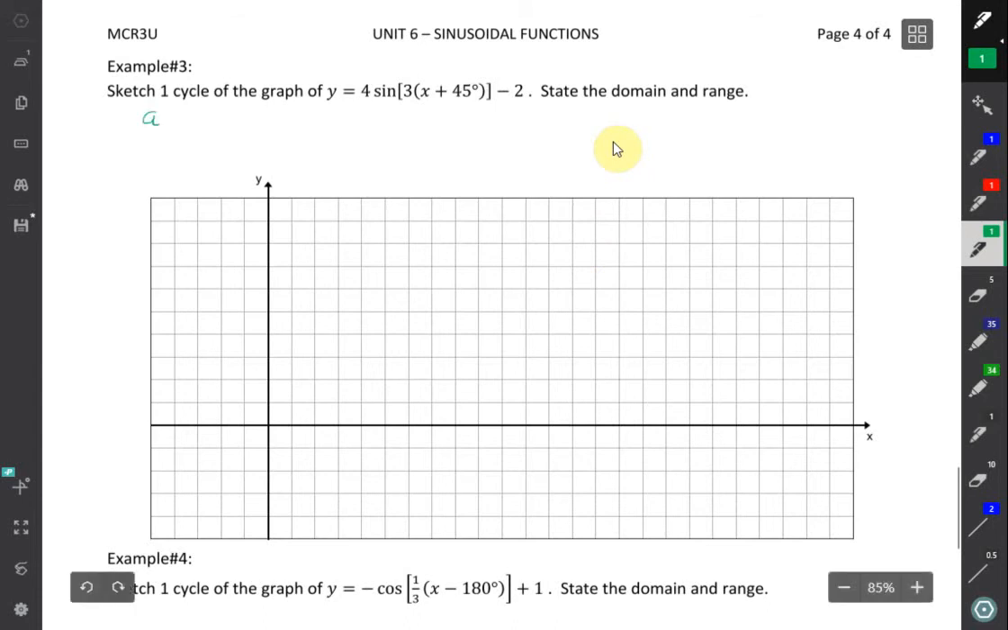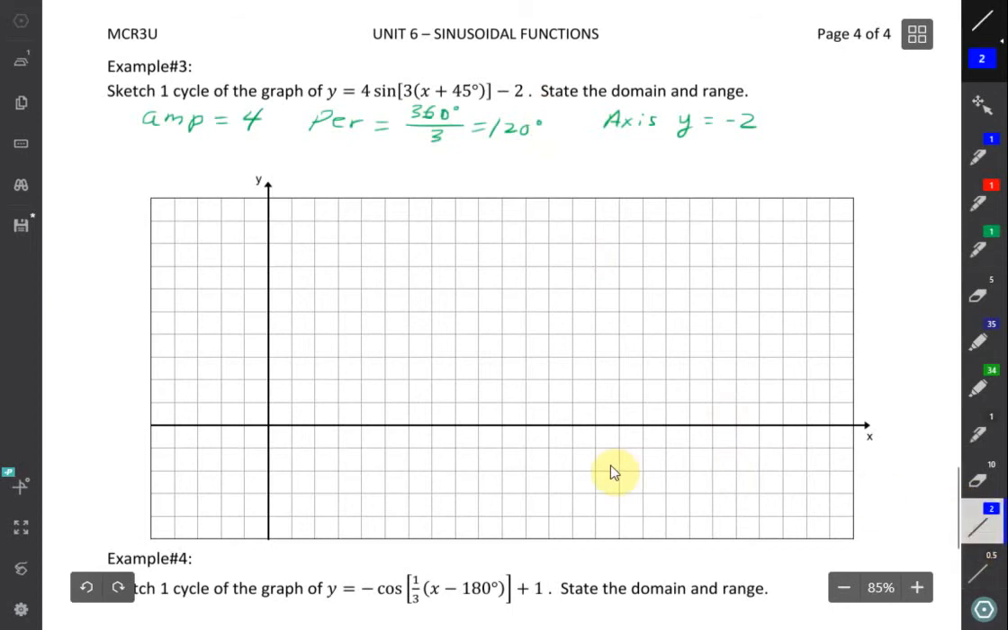Starting with our amplitude, that's equal to 4. Our period is equal to 360 degrees divided by 3, and that equals 120 degrees. The axis is at y equals -2, which comes from the c value. I'm going to label this graph -1, -2,